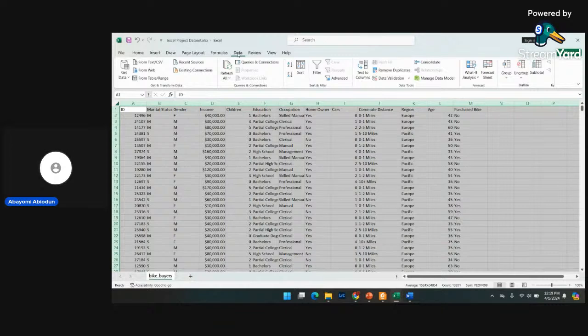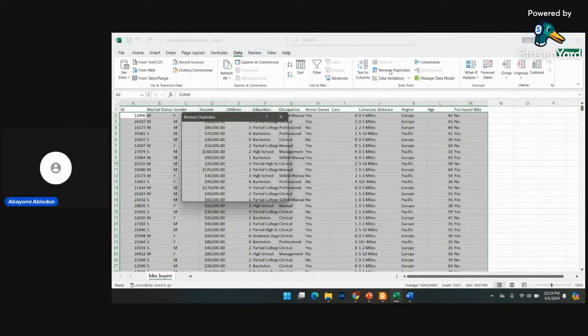So let me click on Data. Okay, I think it's here. If you are using my Microsoft Excel version, once you click on Data up here in all these features, you are going to see Remove Duplicates. So if I click on Remove Duplicates now,